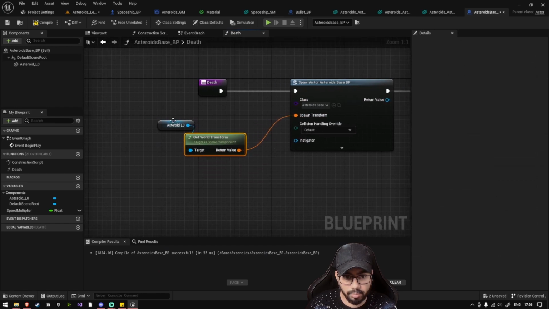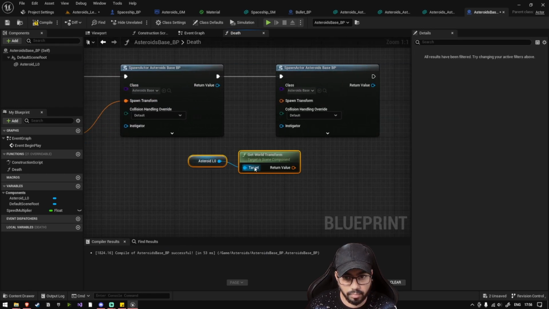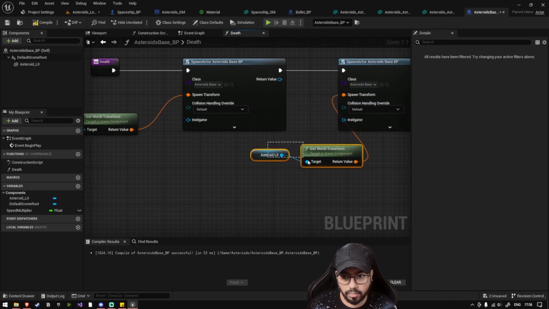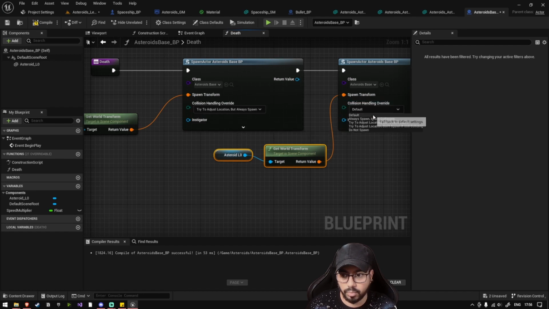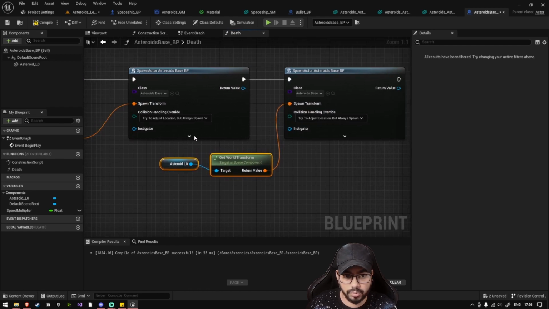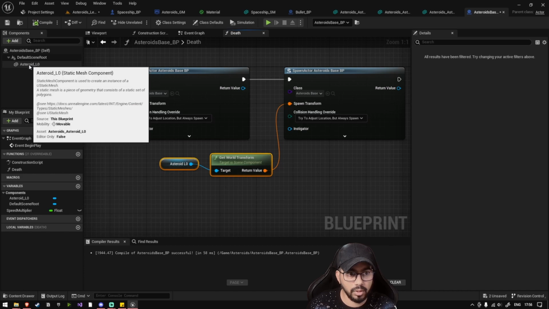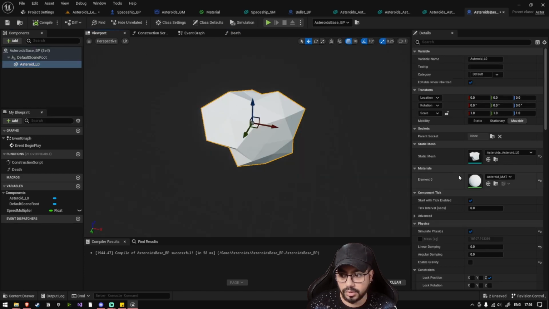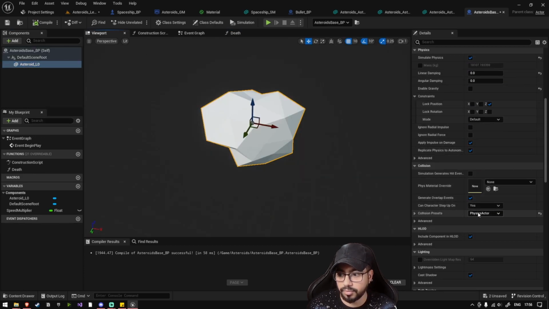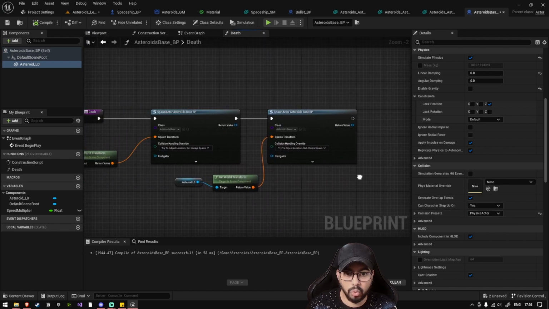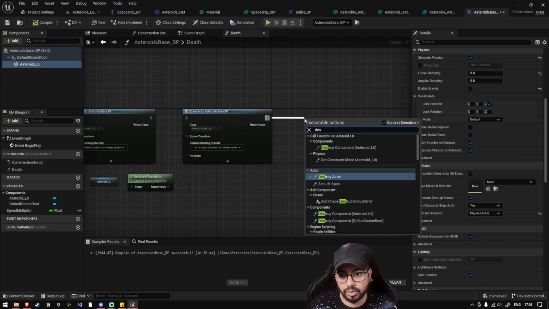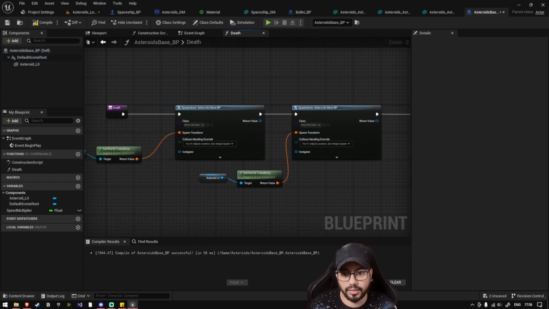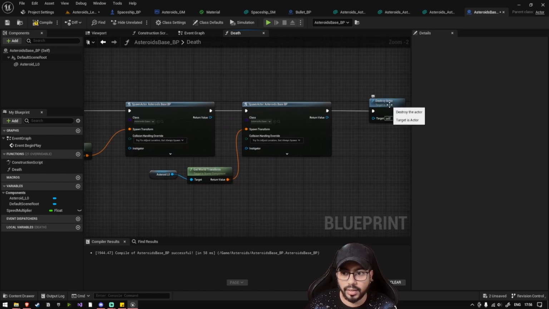We want to spawn them at the world transform of this. Again, set try to adjust location always spawn. Also, let's go to the asteroid and set its collision, right now it's a physics actor. And after two more asteroids are spawned, let's set it to destroy itself. So destroy actor. Whenever this death function is called, two more asteroids will be spawned and destroy actor will